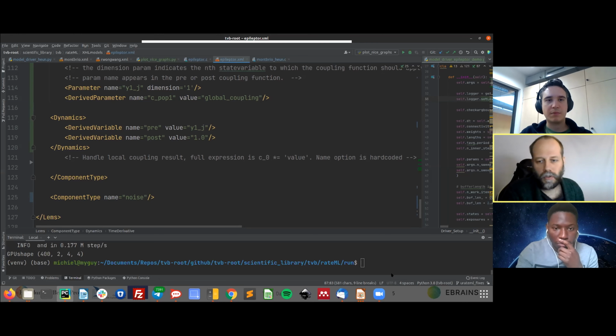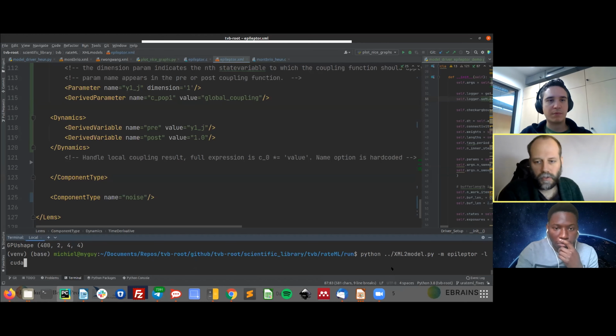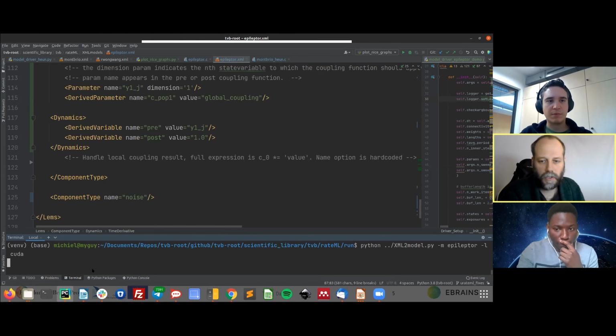So when you run RateML, you just execute a wrapper around this LEMS library, giving 2 arguments: the XML file name, in this case the epileptor, and the backend called CUDA in this case.